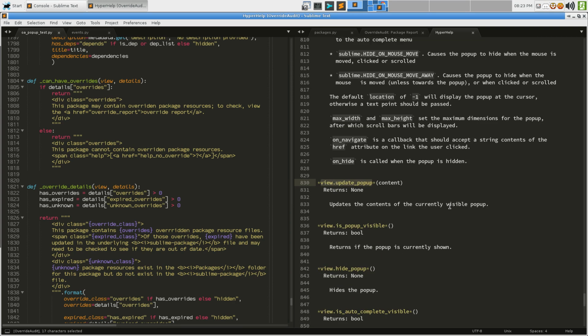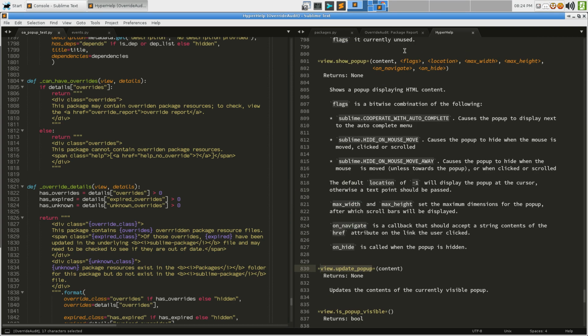Update pop-up. You can call show pop-up to show the pop-up, and you can call update pop-up with content to update the contents of the pop-up that's already visible. And I already did tests on this. Stuff like the flags and the height and the on navigate stuff, that's all retained when you call update pop-up. It literally just takes different HTML and crams it into that thing. So what if